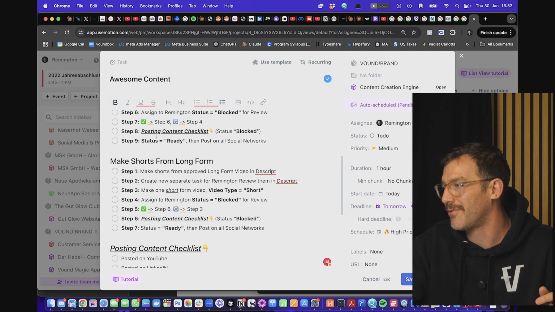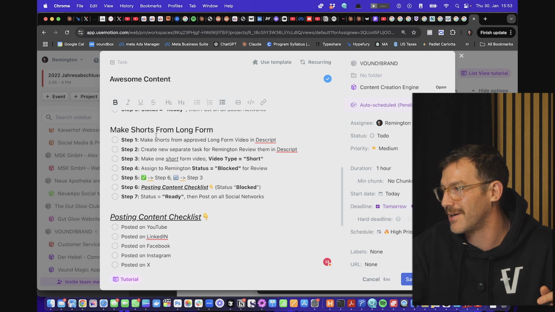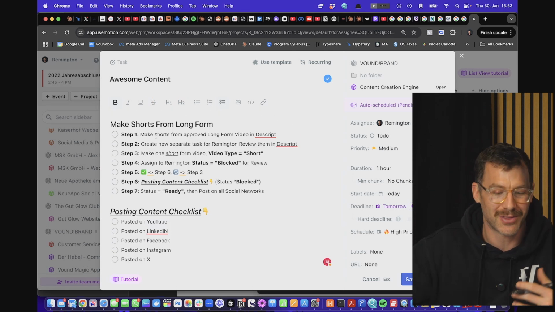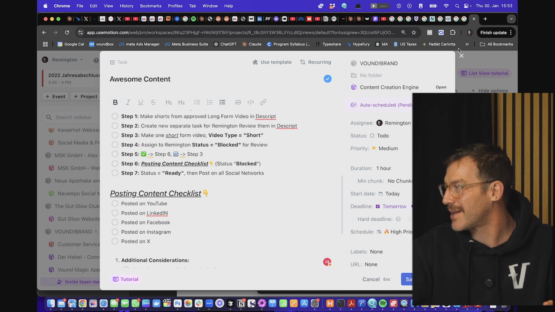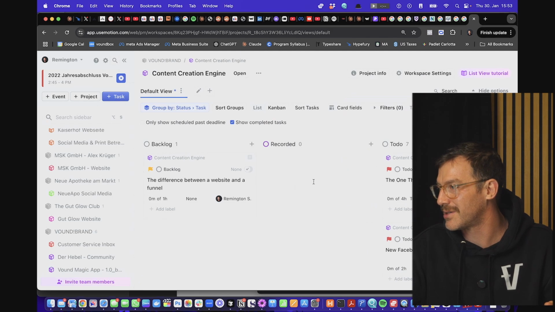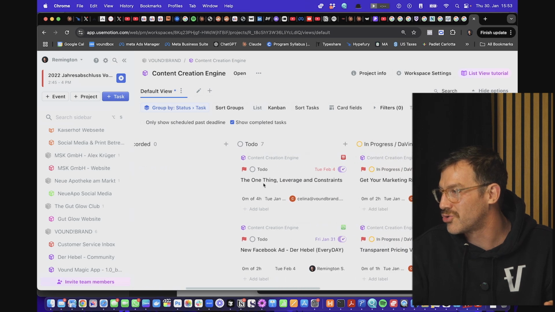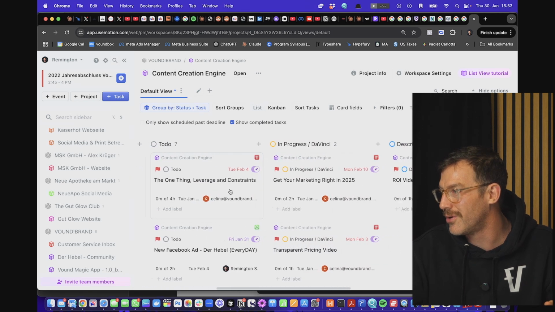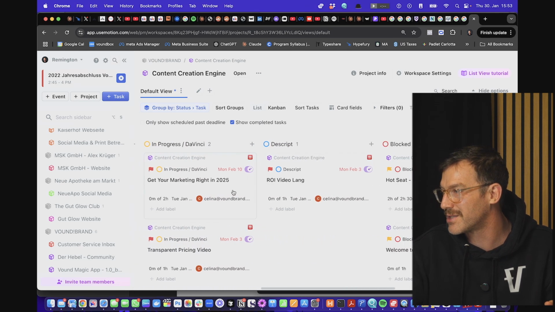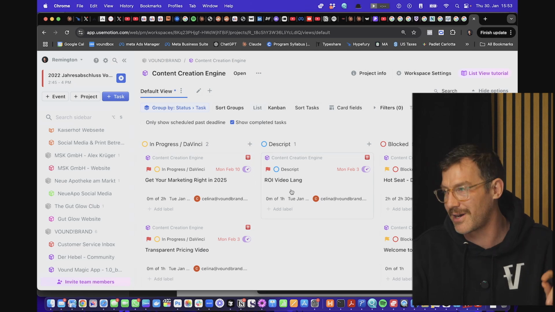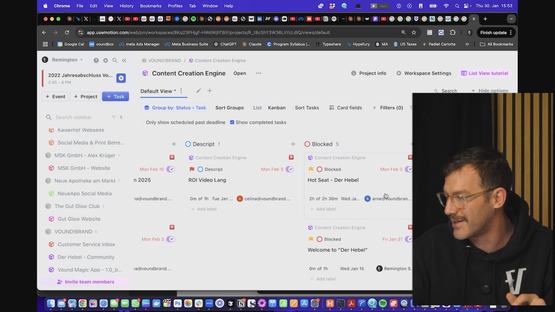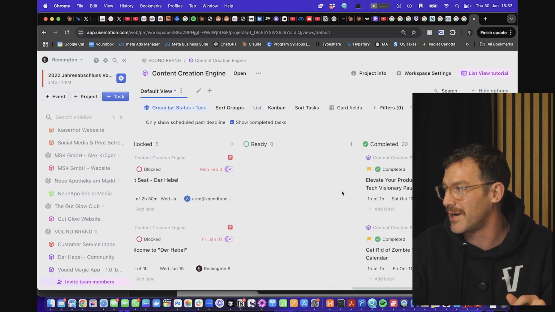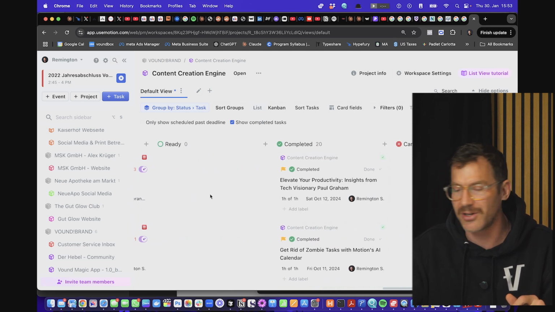And then you have this whole checklist for posting content, right? You can go into the whole thing with, what is a good YouTube video, right? It goes real deep. What I'm trying to say is that I've got a system for it, right? People can take this Kanban here and I can just drag and drop. So we've got the to-do of the video, then the things that are in progress, and we have Descript, which helps us with the subtitles. And then when it's time for me to review what my employees did, it's blocked and they can assign it back to me. And then I can say it's ready, it's completed, canceled,